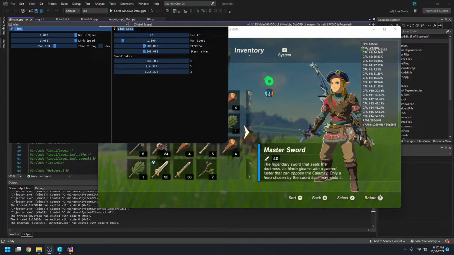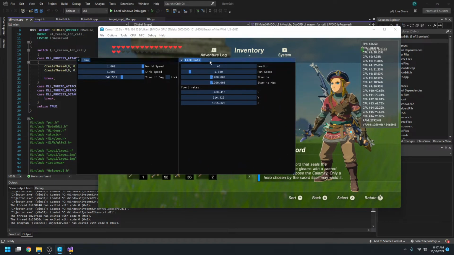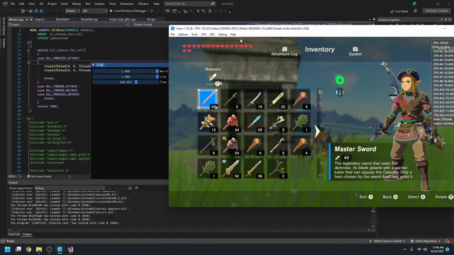Hello and welcome to the first episode in this DLL injection to Cemu series. And in this series we will make something like this. So just a UI to edit